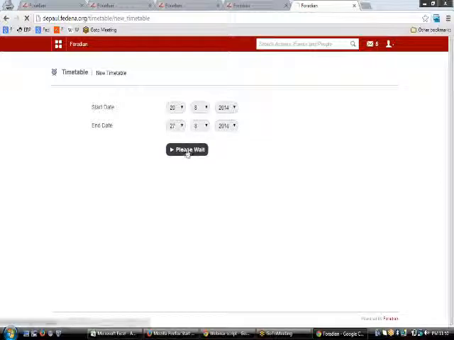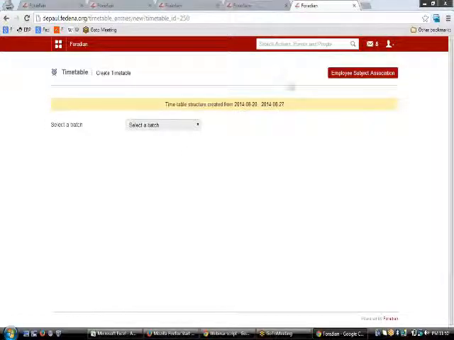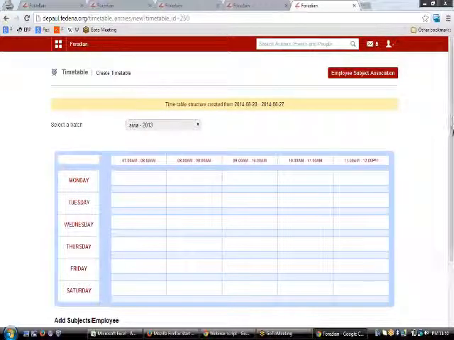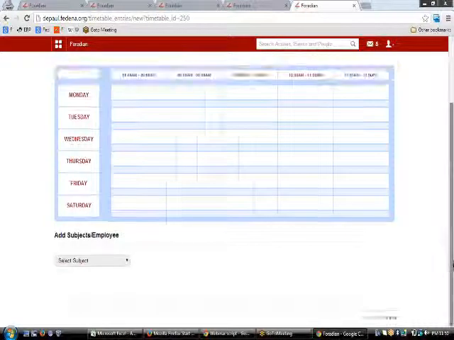Again, on hitting the create button, you will be able to create a new timetable for the desired period. On selecting the batch from here, you will be able to get the class timings or the basic skeleton as per the choices that you have made on this class timing set.